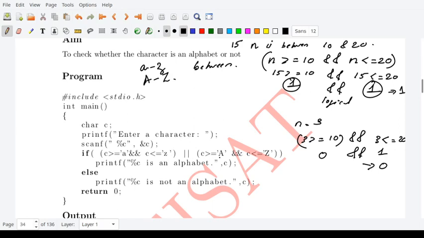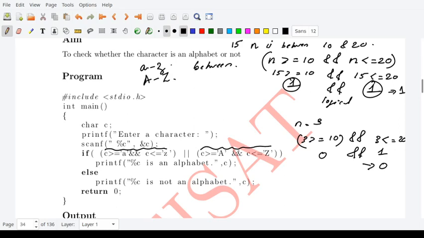Then you can check whether C is greater than or equal to capital A, logical AND, C is less than or equal to capital Z. So these are the two conditions I have to check.